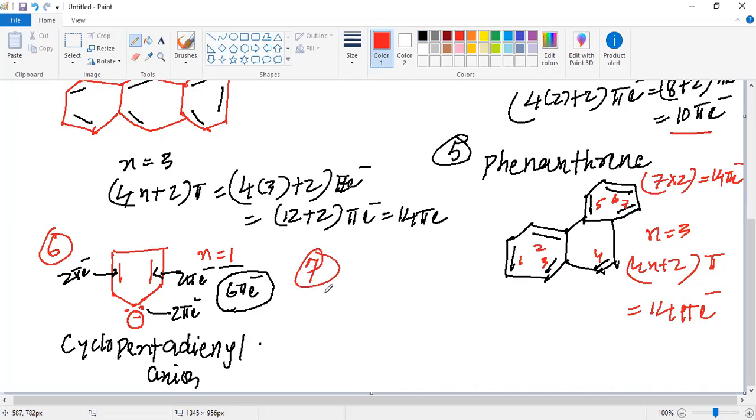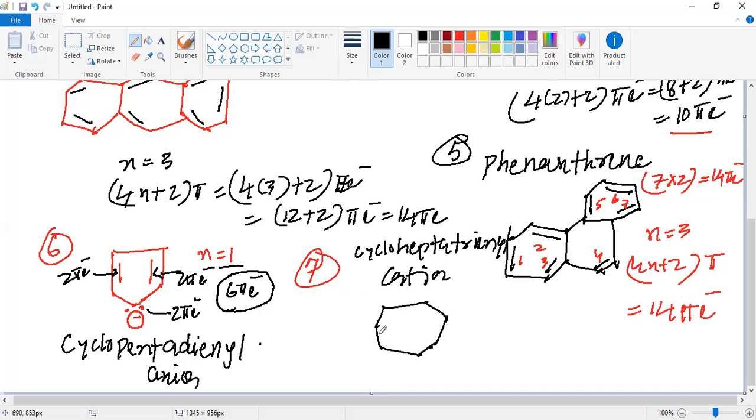Then we have the next example. The next example is known as the cycloheptatrienyl cation. So if you look into this cycloheptatrienyl cation,